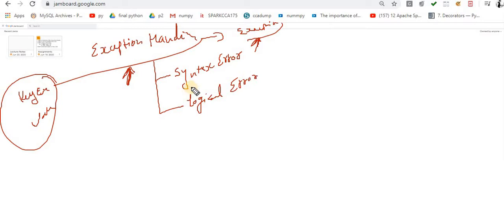Okay, there are two basic errors in a programming language. The first is the syntax error, and the second is the logical error or runtime error. Now, what is a syntax error? These are errors which occur due to invalid syntax. For example,